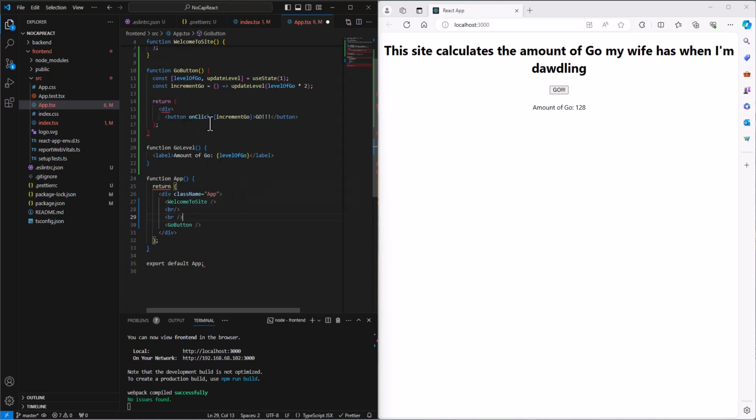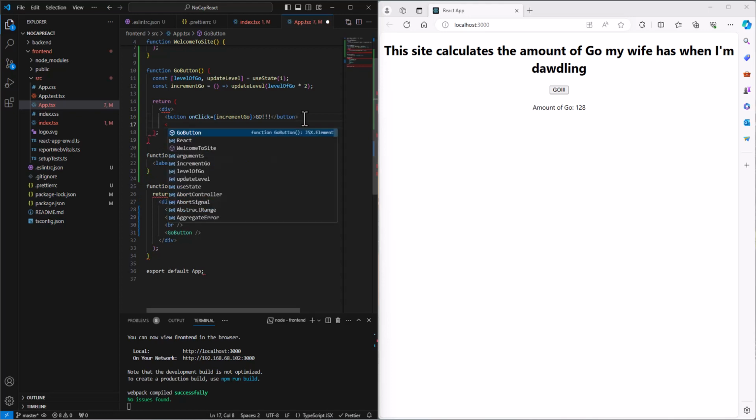All right, so did I mess something up? Oh yeah, I've got a closing div. I'm missing a closing div here. Hopefully you didn't do that. And with one line, we don't necessarily need the div tags, but